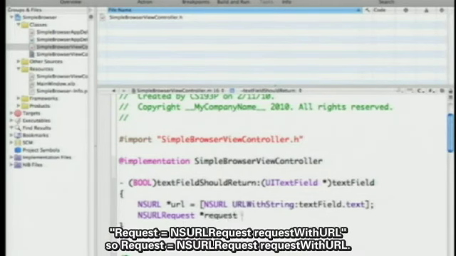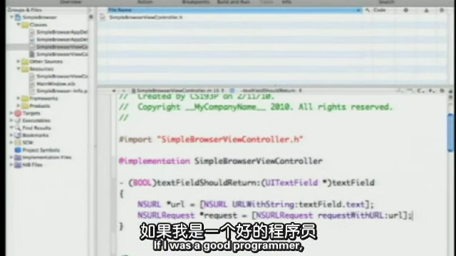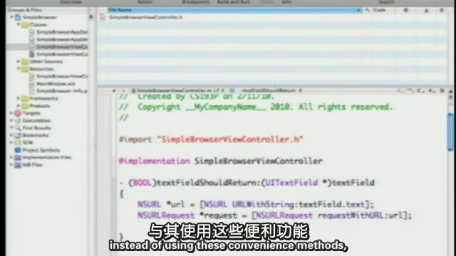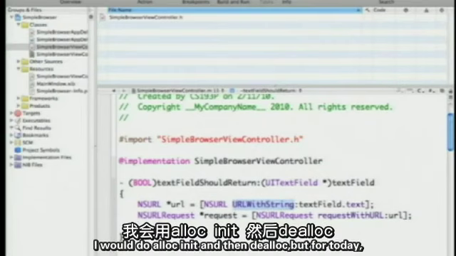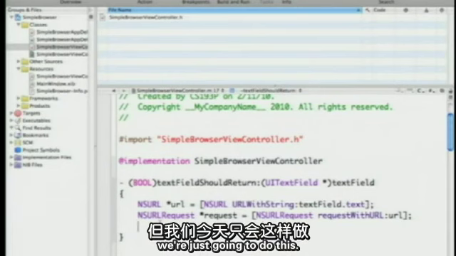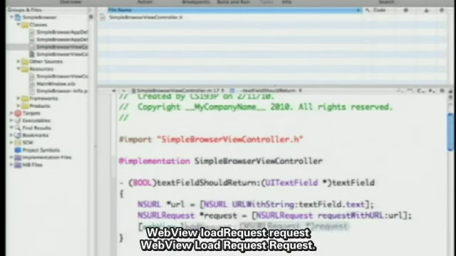So request equals NSURLRequest requestWithURL. If I was a good programmer, instead of using these convenience methods, I would do alloc init and then dealloc, but for today, we're just going to do this. Web view, loadRequest,